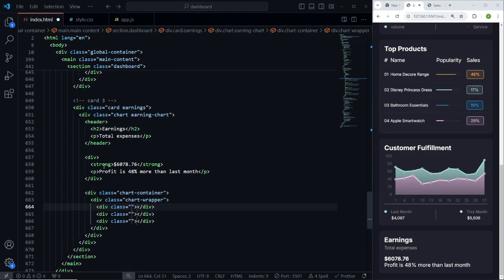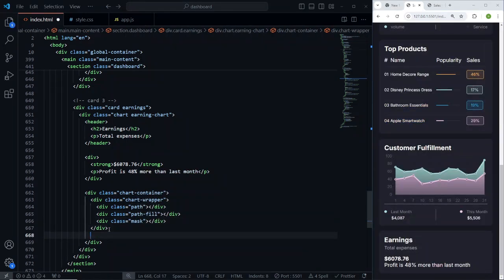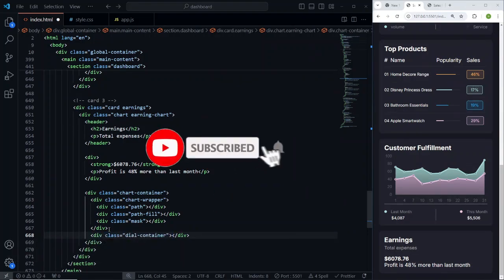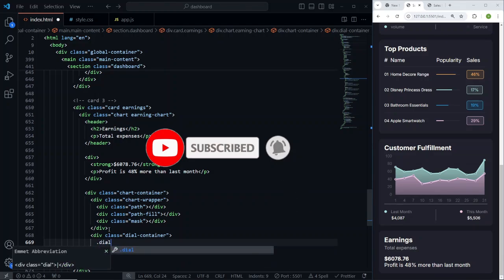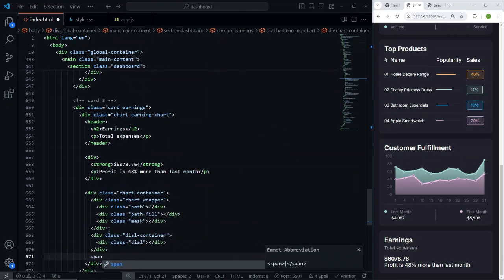So the first one has a class of parts. The next class of part view. And the third one has a class of mask. And then we have a diagram container. That contains diagram. And then after this we have a span of